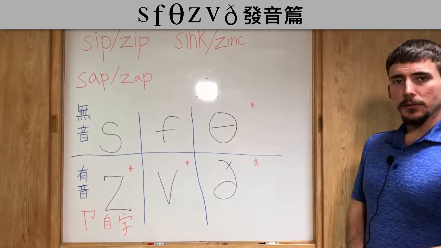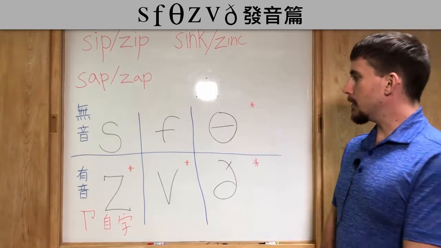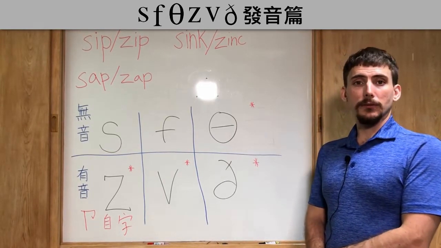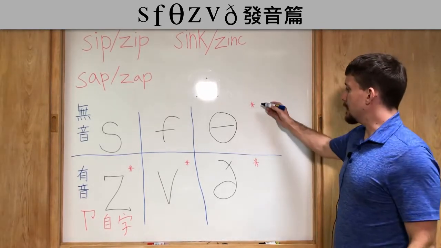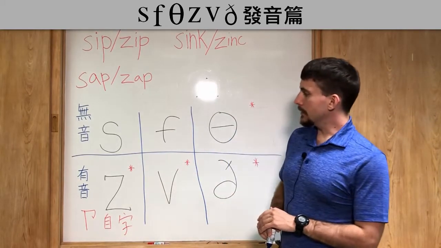We're going to talk about a few consonants that are very important when you speak English. Some of these sounds do not exist in Chinese, so it will be very difficult for you to learn how to pronounce these sounds. I've put a star here by all the sounds that do not exist in Chinese. You'll notice here,